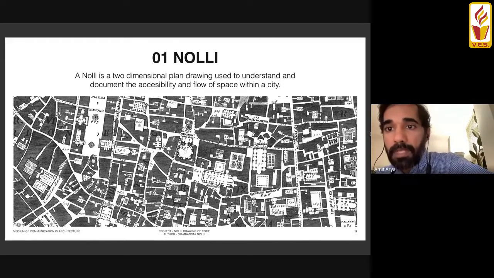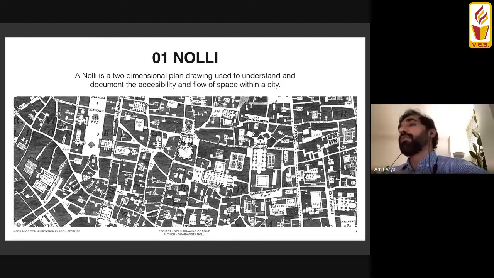So here the plazas, the roads, the pavements, and the buildings are all rendered in white. Very simply trying to create that sort of narrative. We still use Nollis every time we're doing large scale projects, especially in old urban centers where we want to identify the existing conditions of the urban situation. Alongside the Nolli, if you go to the next slide, please,